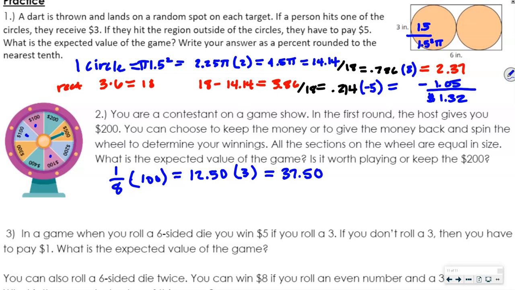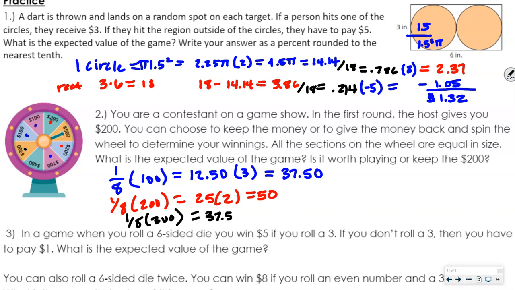Then I've got 200. Actually, let's just do 1/8 again. So if we do 1/8 times our 200, then that's going to be 25. And we got 2 of those, right? So that's going to be 50. Okay, let's keep going. And then we got 300, right? So that's going to be 1/8 times 300. It's going to be 300 divided by 8, which was 37.50. Okay,